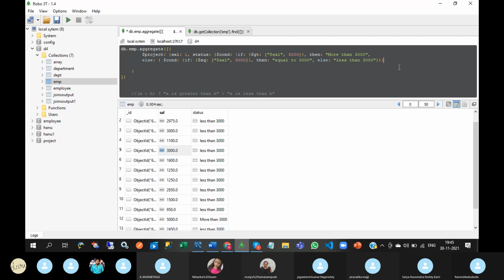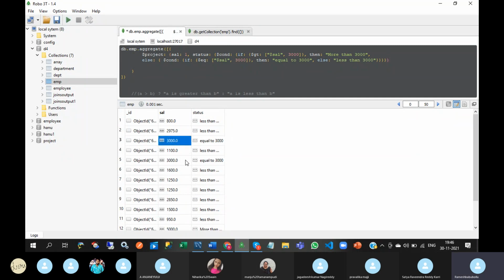So see these flower brackets, all are matched. If you put another one, is it matched? No. Yes, now it is matched.